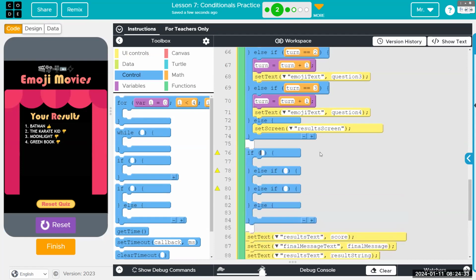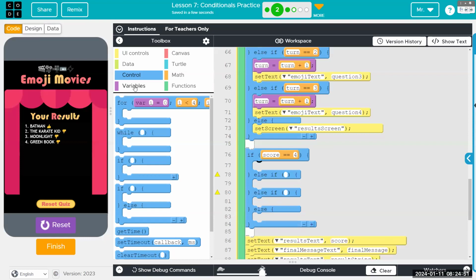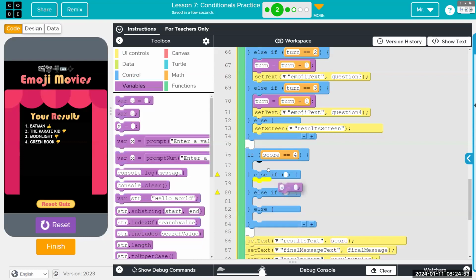In no particular order, because we're not doing greater than or less than, it's just checking. I'm going to do it highest score to lowest score just to make sure I don't miss any. But if score double equals 4, is that the highest score? I believe so. We are going to set final message to